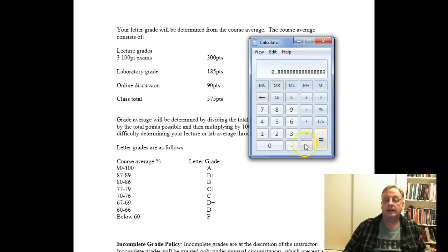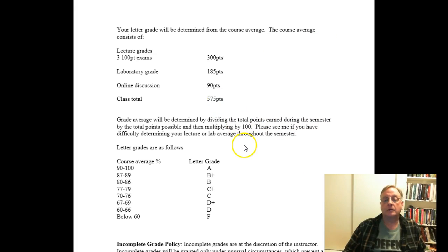That would equal 0.88, and then you would multiply that times 100, and you would see your average is 88.8 or 88.9. If you have trouble calculating your average grade throughout the course, I'd be glad to help you do it. You just need to know your total points divided by the total points that were available to date.